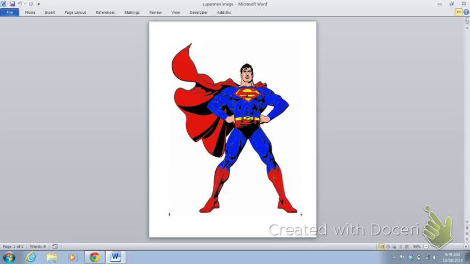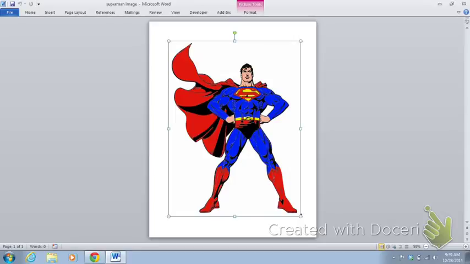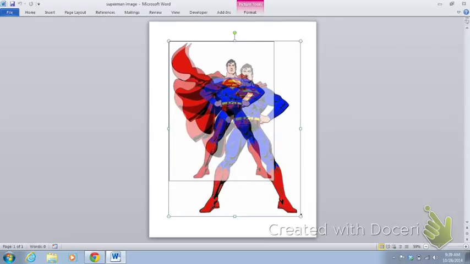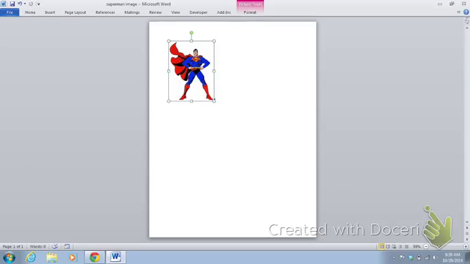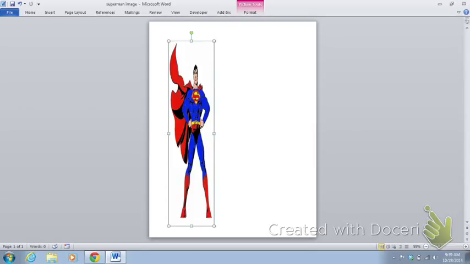When you think about things that are not similar, probably what you were using was sort of this definition of similar being in proportion. So you've done this where you've put a photo in a document and you shrink it down, and if you pull at the corner, you end up with a picture of Superman that is proportionate to the original one. But if I stretch it this way, I'm going to get something very different than my original